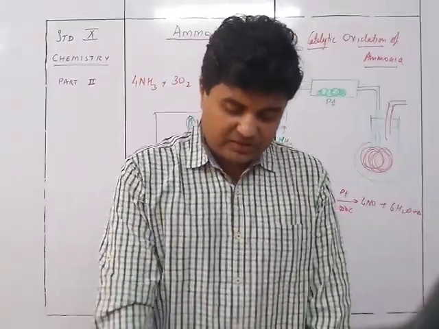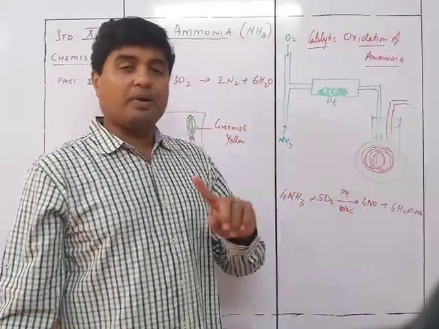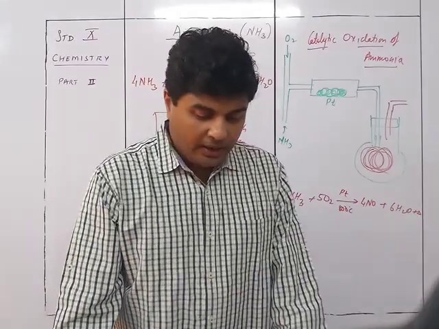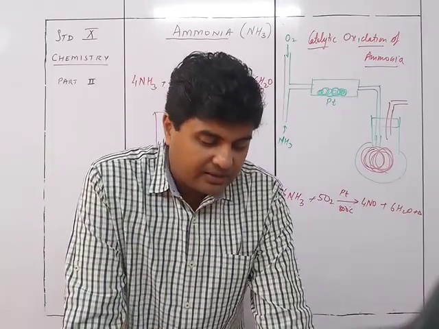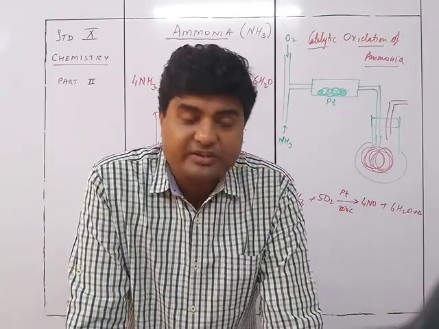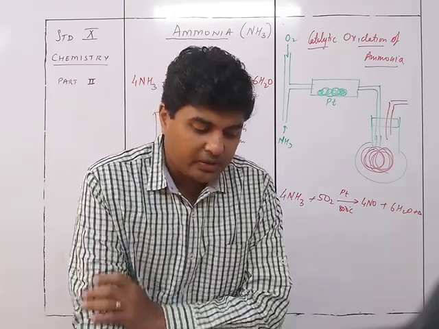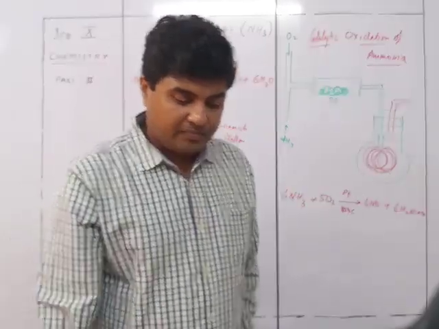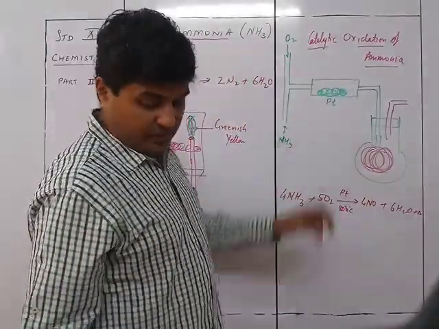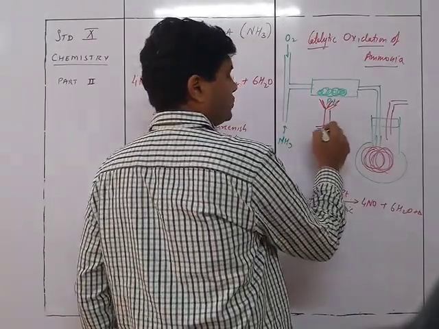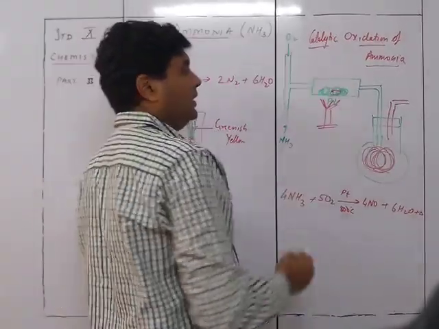And this catalytic oxidation of ammonia is used in the manufacturing of nitric acid. So that's why this reaction is also important in terms of nitric acid. We are going to have this reaction in nitric acid also. So it is the starting reaction for the Ostwald process, manufacturing of nitric acid. So that is 4NH3 plus 5O2 giving me, under presence of platinum and 800 degrees Celsius, so yes, we are going to heat this thing. So heating is going to be taking place over here.